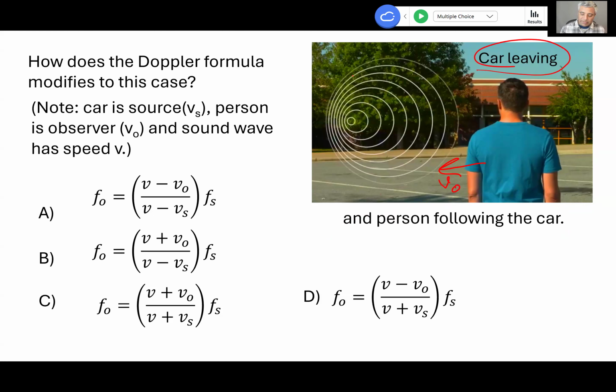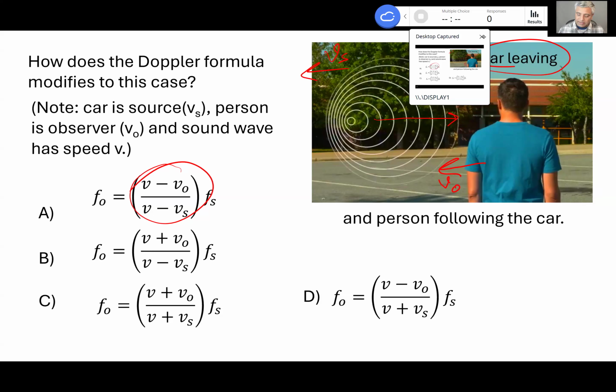And the car is leaving, which means the car is moving in that direction, so the source is going that way. And the wave is arriving at the person, which means this V is in that direction. So you need to identify those first, and that way you can figure out which one is positive and which one is negative. And based on that, you change the sign, okay? So with that said,